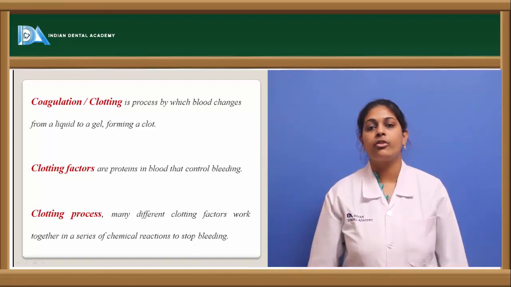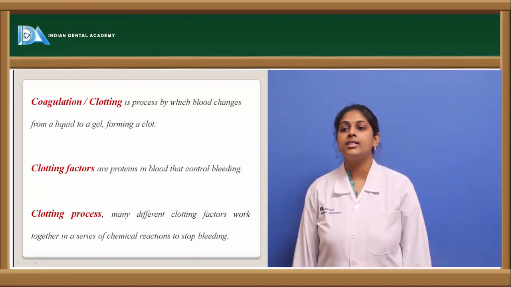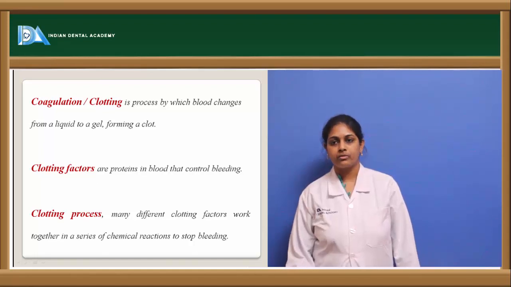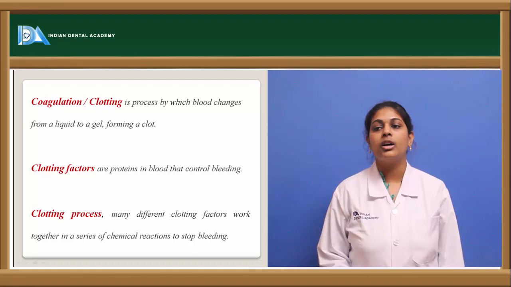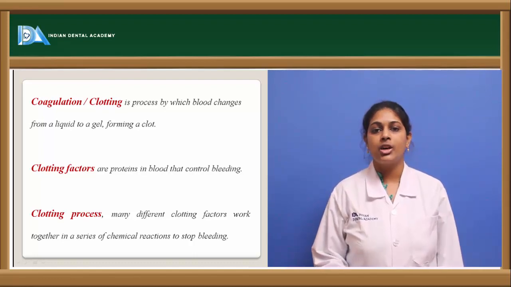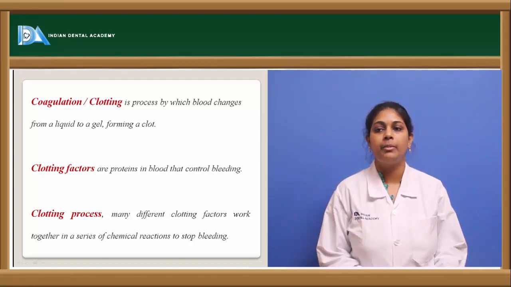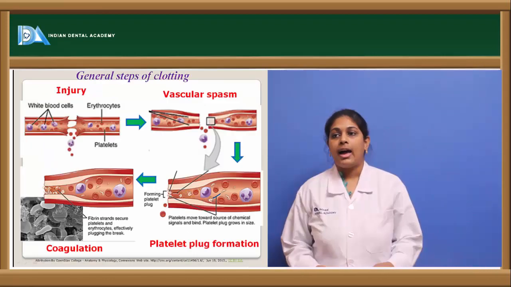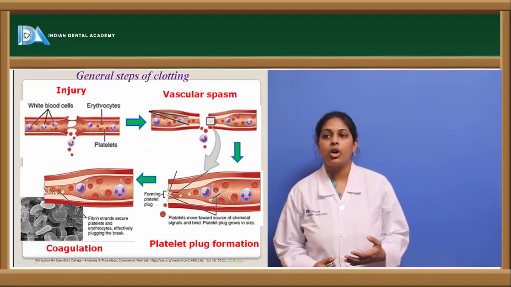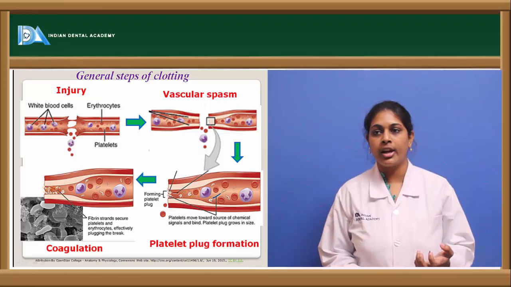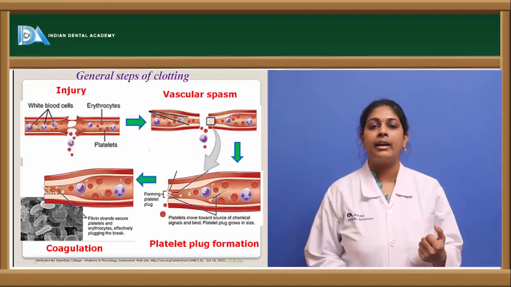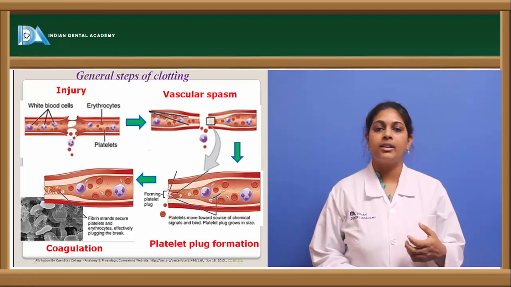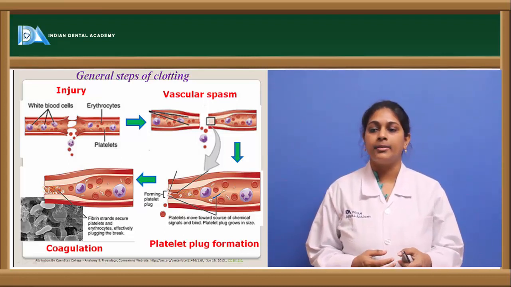Coming to the definition of the clotting process, it is a process made up of many different clotting factors which together work and result in a series of chemical reactions, and they stop the bleeding. The general steps in clotting are, on injury, the first line of cells to reach are platelets. Once they reach,